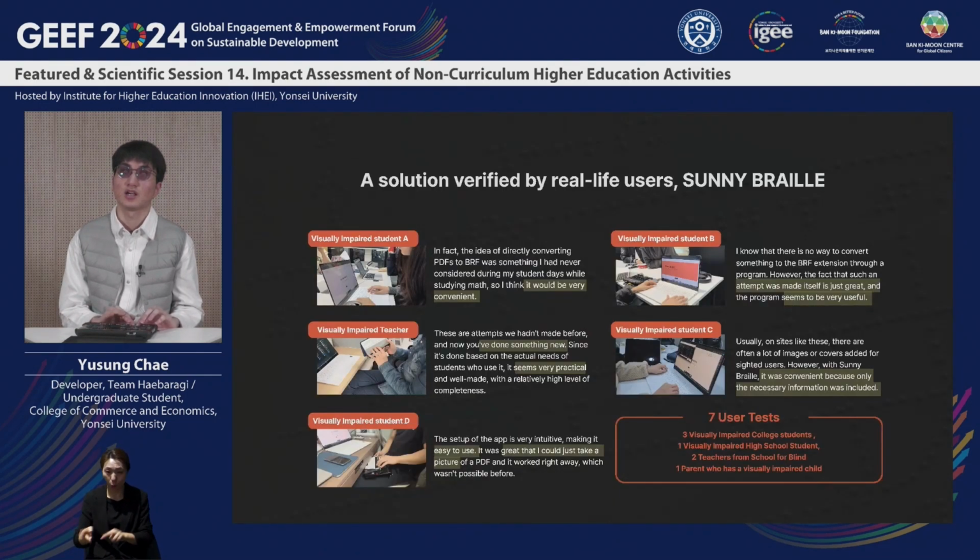As I mentioned earlier, we conducted a user test with a total of 6 people, including students with visual impairment, parents, and teachers, at the end of second semester. It was rewarding to receive feedback that our solutions solved inconveniences during our user testing. We will continue to participate in the Social Innovation Workstation and strive to develop services that can make a real impact on society.